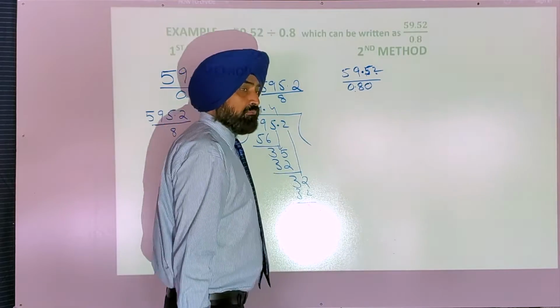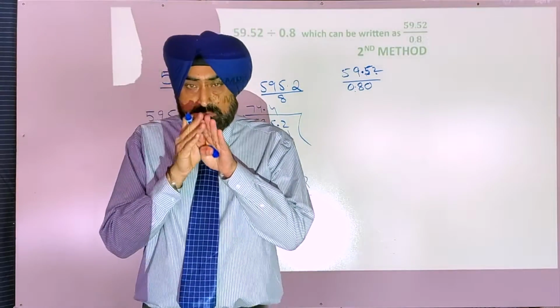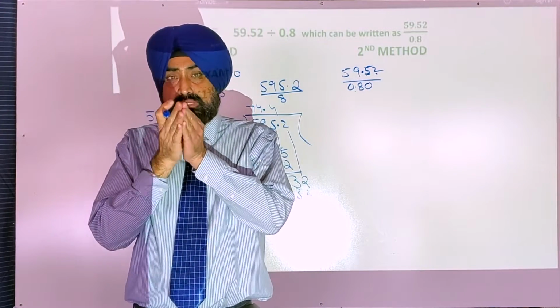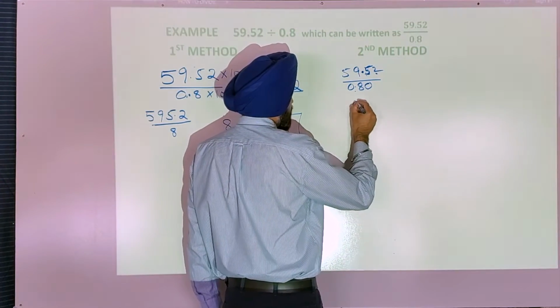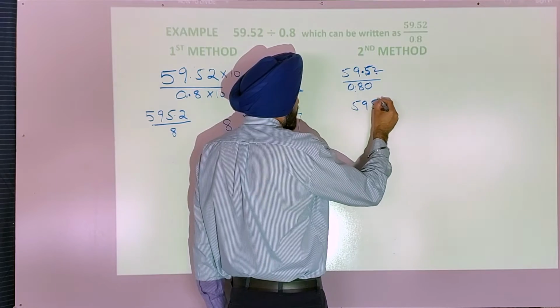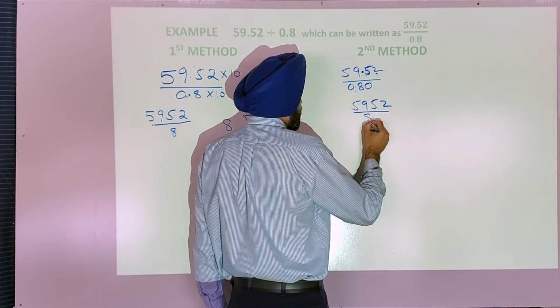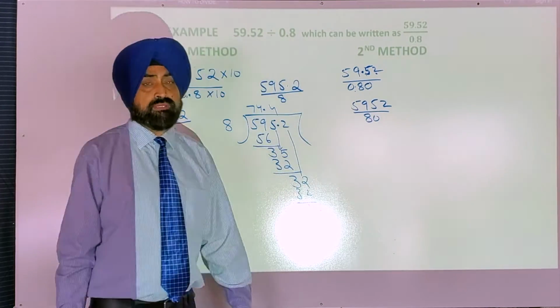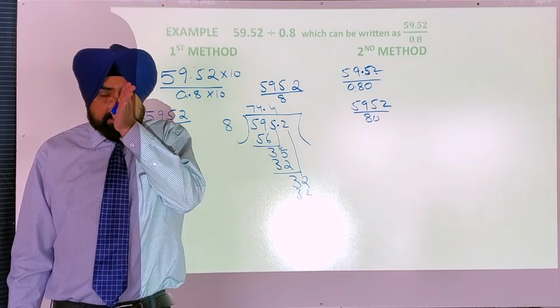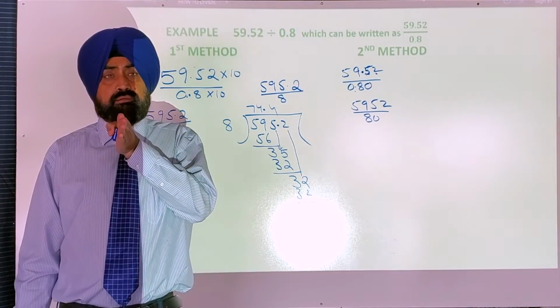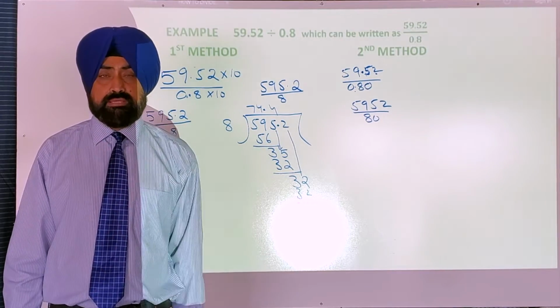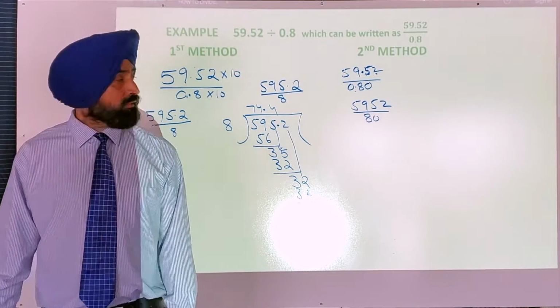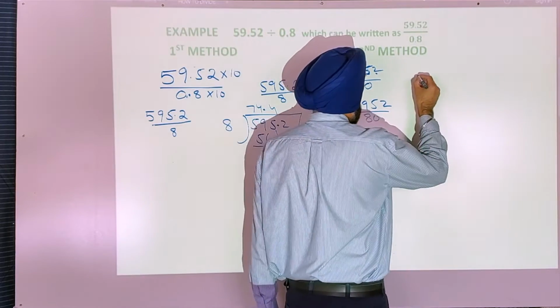Now I made the same number of digits after the decimal, so I can remove the decimal. This becomes 5952 divided by 80. So make the same number of digits after the decimal on both the numerator and denominator sides by adding extra zeros. Now we divide